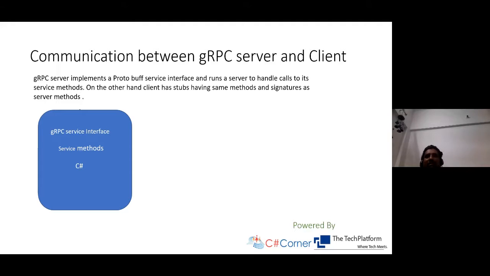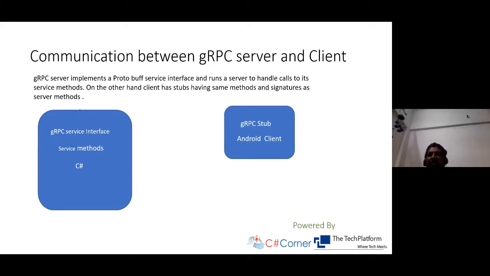At the server end, the protocol buffer file provides some service interfaces as well as some service methods which are implemented at the service end, and it provides these service methods to be called by the client. On the other hand, this same protobuf file is used to create stubs.